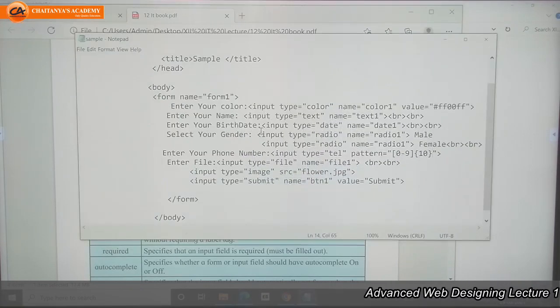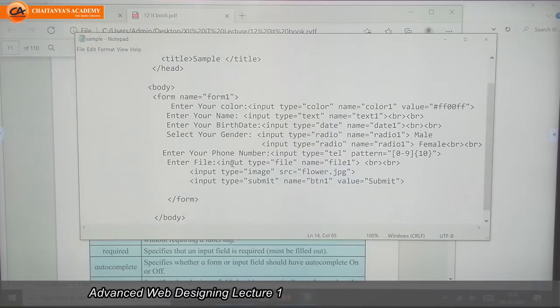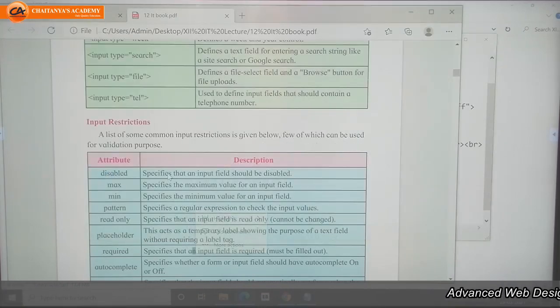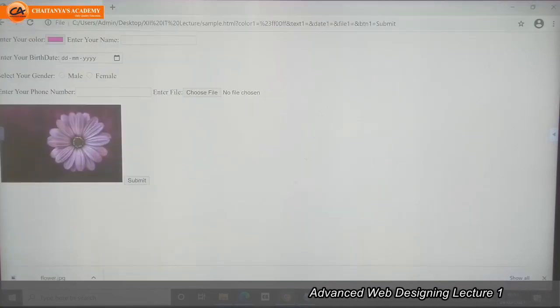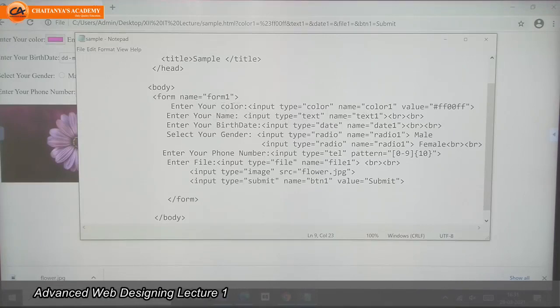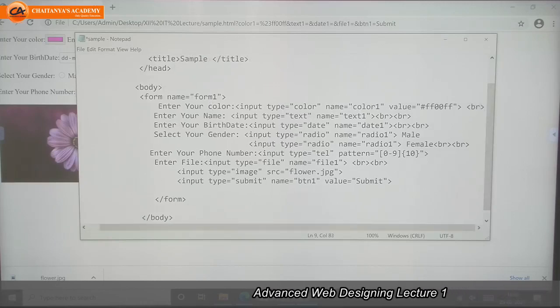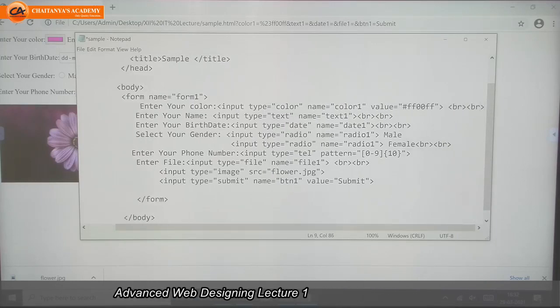If we want to display a text box, but we should not allow the user to enter any value in it, then we can use disabled, which means the user can read the value but not enter. Suppose here, enter color.